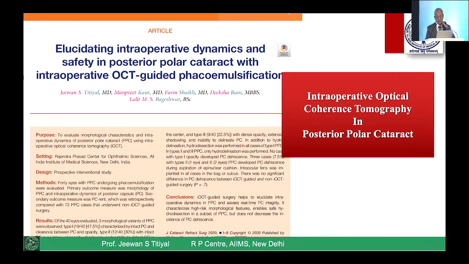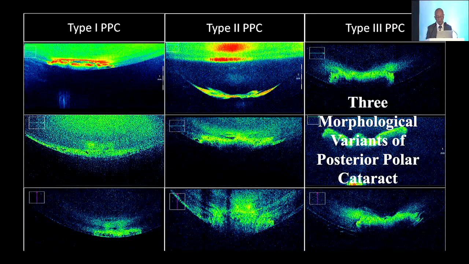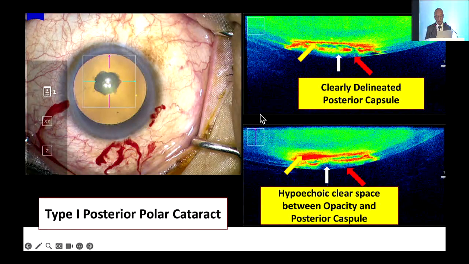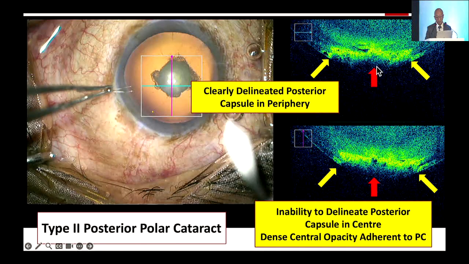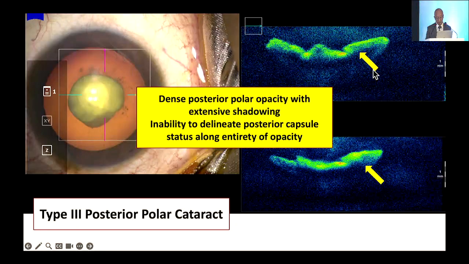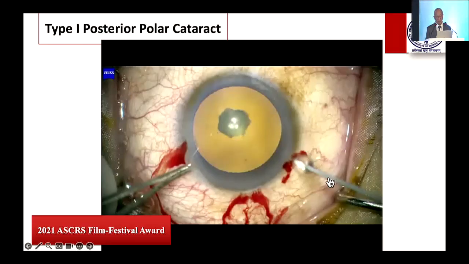This OCT picturization gives us the idea which are those cases where you can do needle aspiration, you can do a puncture, you can do an aspiration, and they can be classified also. Similarly, posterior polar cataract, you saw a nice video from Dr. Rajendra Prasad. You can categorize the morphology of difficult cases by seeing the posterior pole. If the PC is clearly seen, this is type 1 where you can do normal surgery. If the PC is not visible in the central area, or there is a moth-eaten appearance or a conical, ectatic shape, these are very difficult cases of posterior polar cataract.